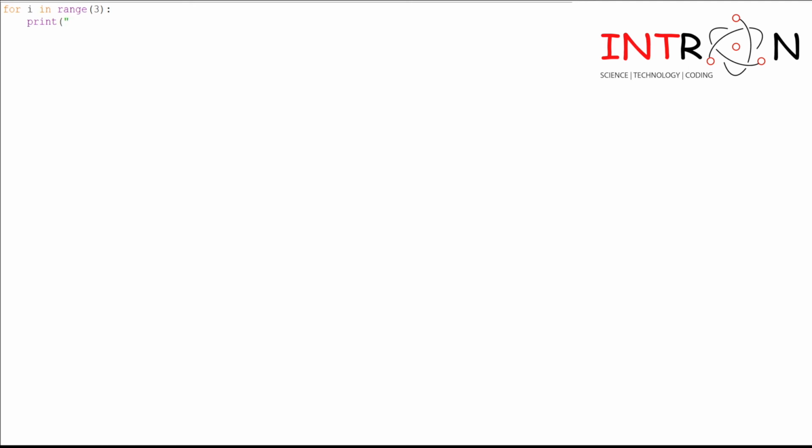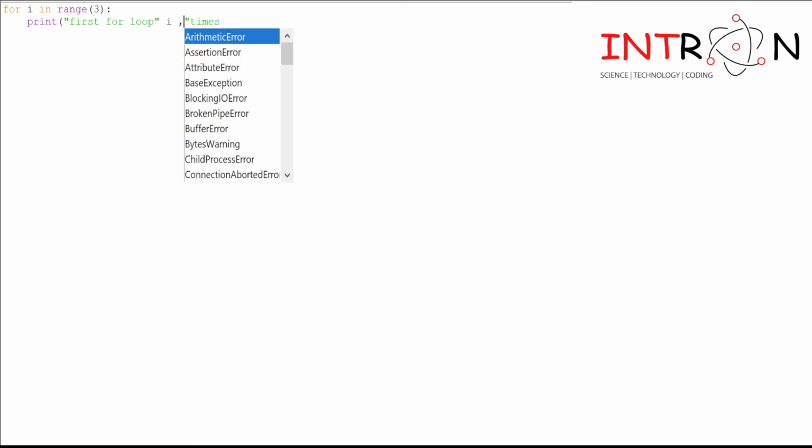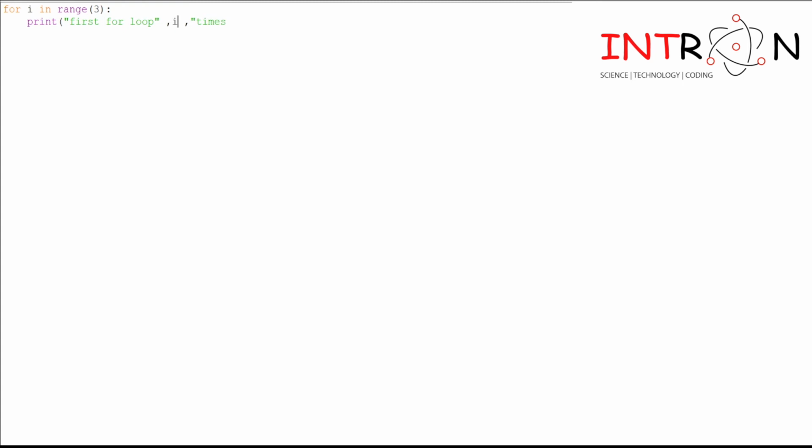I want this print statement to be executed under the first for loop, so I will give here print "first for loop", i times. I is a variable, so I am not using double quotes, I want to print the value of i each time. So this is also quite an easy concept.